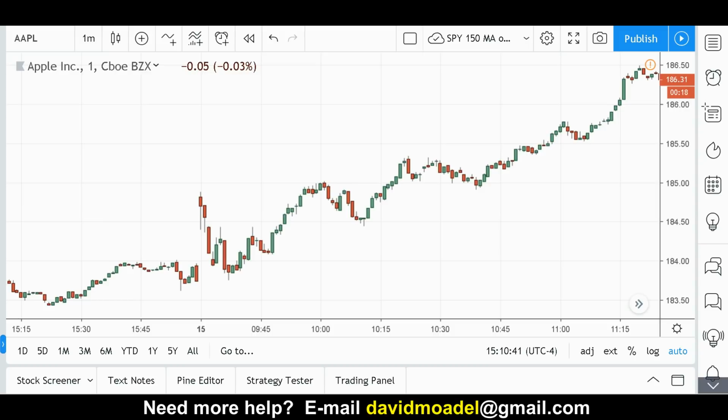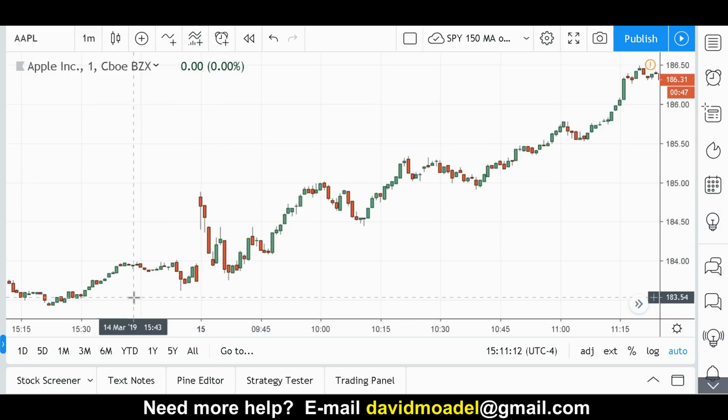This is the 1 minute candlestick chart on TradingView. You can use the 2 or 5 minute candlestick charts if you prefer. It's just that for something as precise as this, because we're going to be measuring the high and the low of the first 15 minutes, I want as much detailed and precise information as possible. And so I am preferring to use the 1 minute candlestick chart. But you can use the 2 or 5 if you prefer to. Just be aware you won't get as much detail in the information presented on the chart.